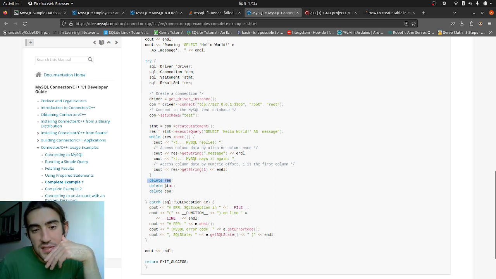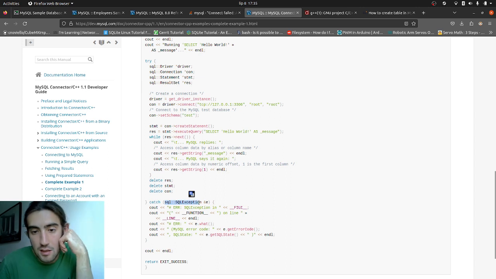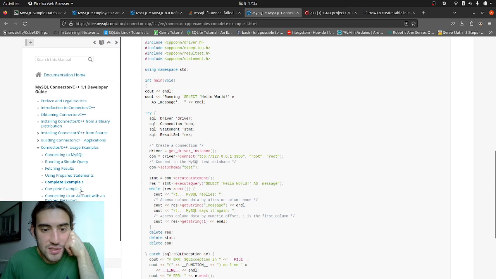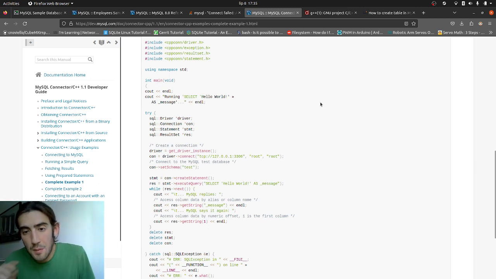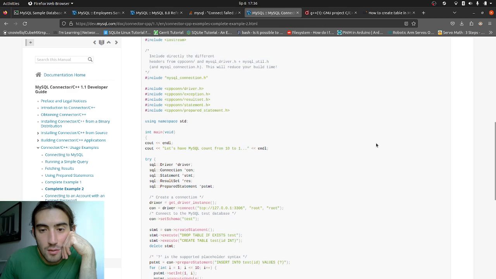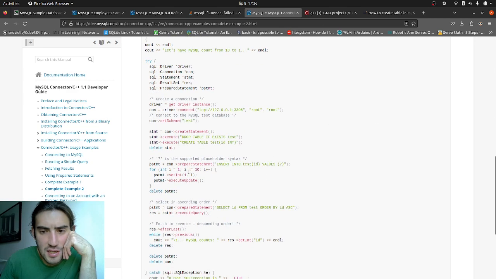So we need to delete the res and delete the statement and delete the con. And we also have, since it's a try-catch statement, we can actually catch exceptions with this catch block. So then, yeah, this is the first example. What I'm actually trying to show you is that we also have the second example here, more or less the same thing, but there are different statements here, and also we have a for statement that actually